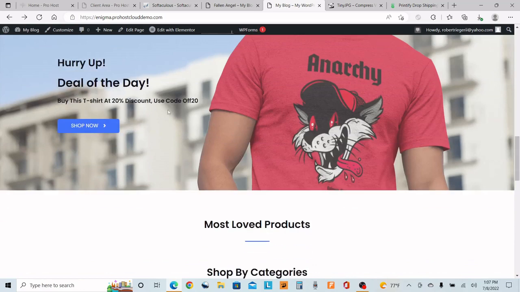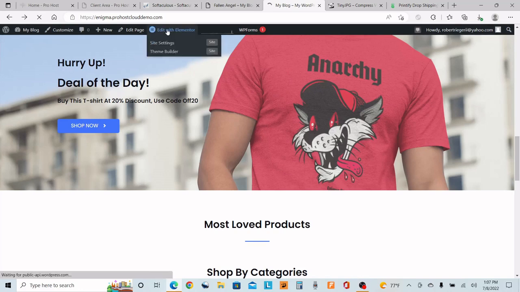Okay, shop now. Use the code 20 off. I don't know if you want to give people that. I'm already charging hardly any money. I'm only making $5 a shirt. If I took 20% off of $17.95, that'd be roughly $3.50. I'm going to make $1.50 a shirt. I don't know if I want to do that much, so I might do maybe 10% here,